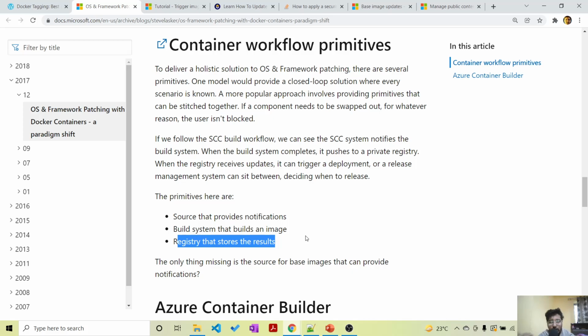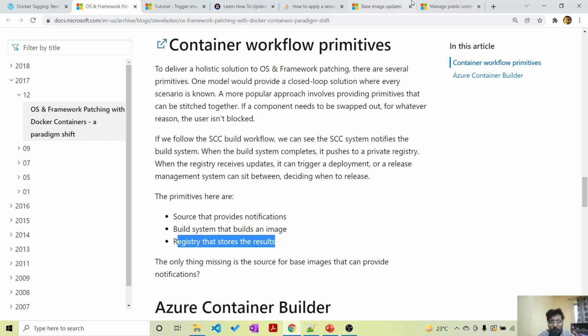At that point, I will be rerunning all my pipelines, and I will again get new images, because this is the way you need to do it. You should not patch running containers. You should patch your image and then create new containers from that image, and those containers will get the new patches or security updates or whatever.